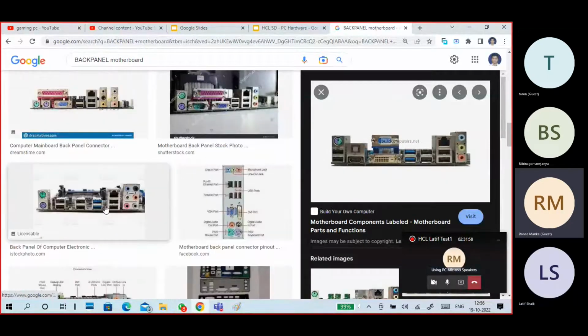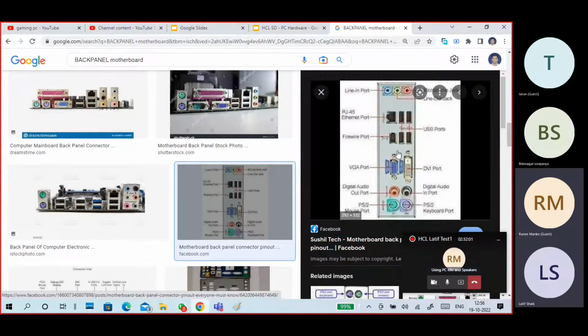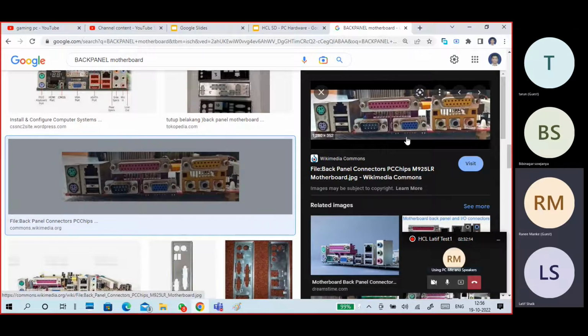PS/2. These are on the back panel, the back side of your cabinet. So you can see PS/2 for keyboard connections. And this is the VGA port, a 15-pin connector. This is the VGA port